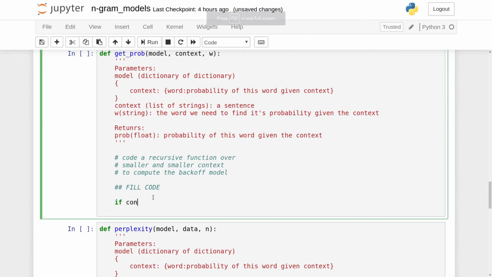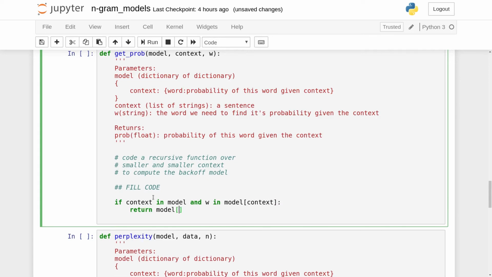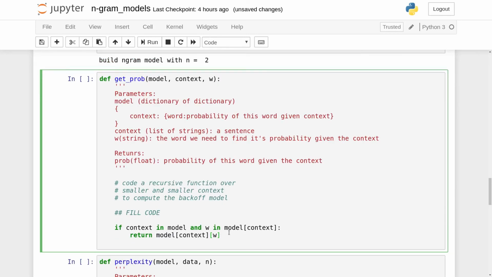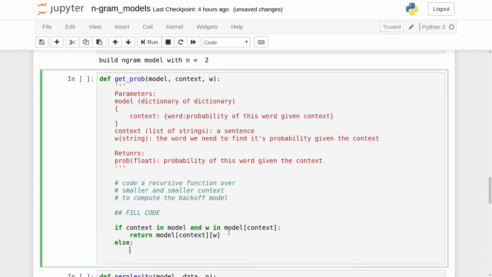To do that we first check if the word is in our context. I will check if the context is in model and the word appears in the model, so context in model and W in model of context. If that's true, then we're going to return the model of context W. Model here is the probabilities that I got here, so this is my language model, which is a mapping from a word given its context to its probability. And if it's not found, else, what we do here, we're going to return